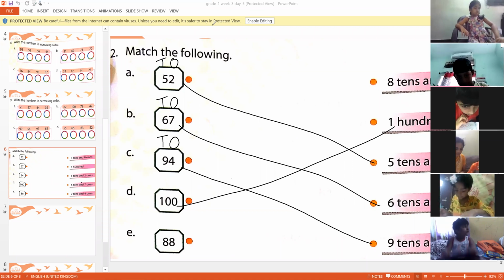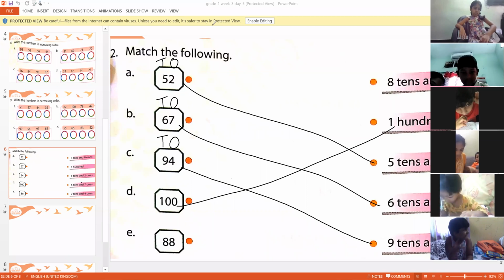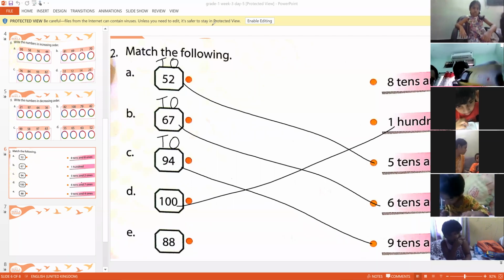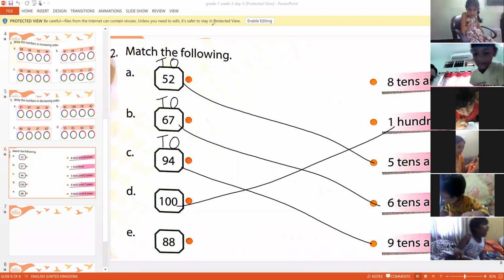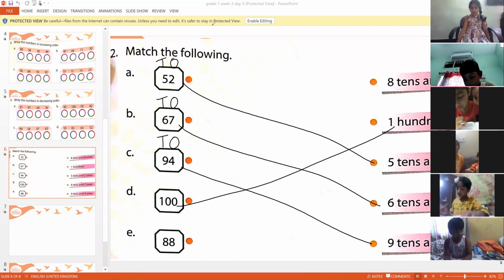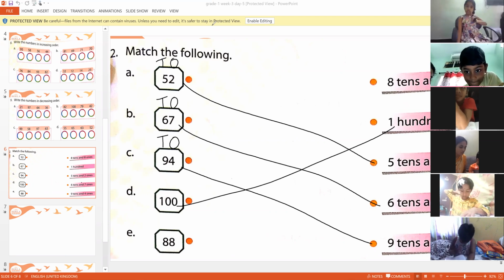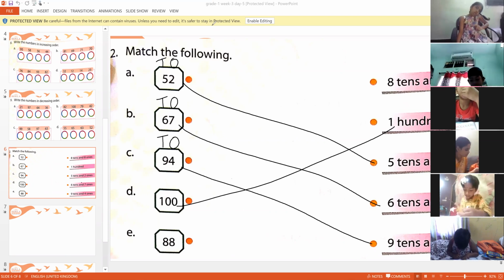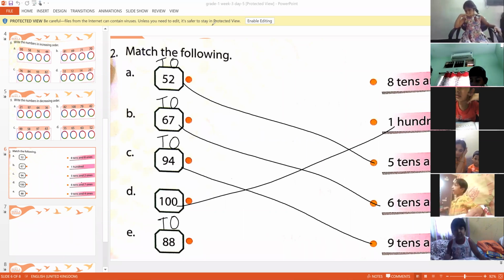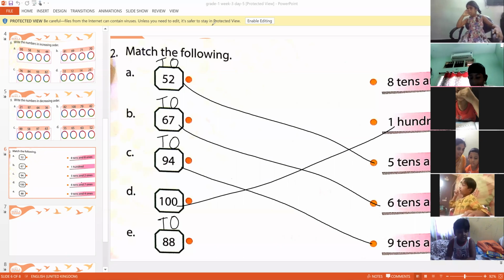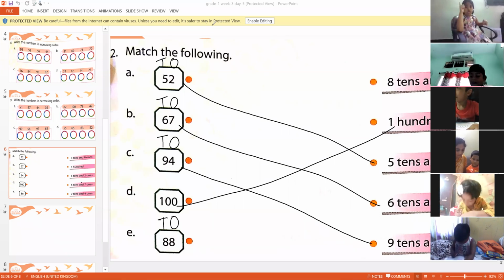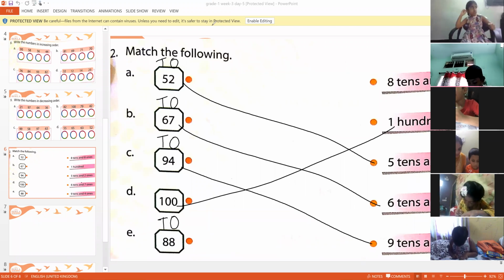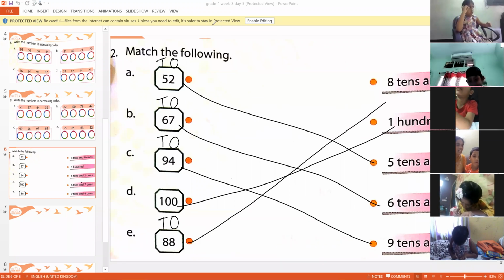Rohit Chaudhary. Unmute yourself, Rohit Chaudhary. Yes, ma'am. Yes, Rohit, tell me answer for the last bit. Number is 88. What is the number in ones place and what is the number in tens place? 8 tens. Yes, 8 ones. Very good. So this is 8 tens and 8 ones. Children, please keep on checking your answers and write down the correct answer.